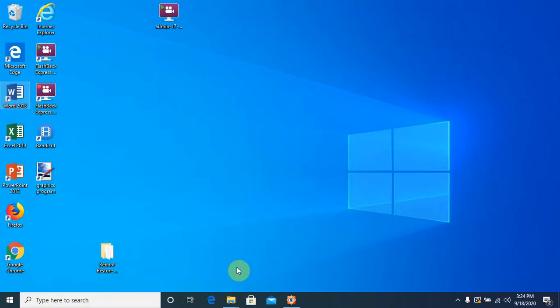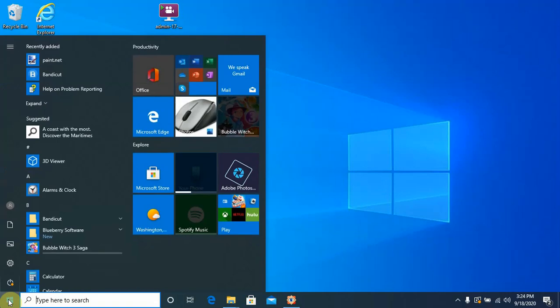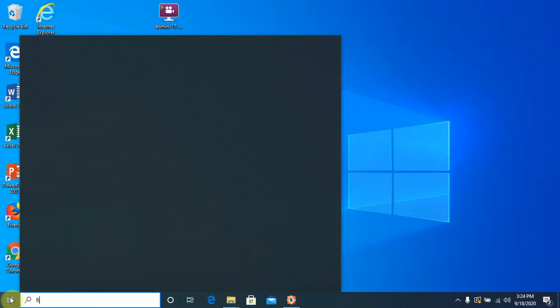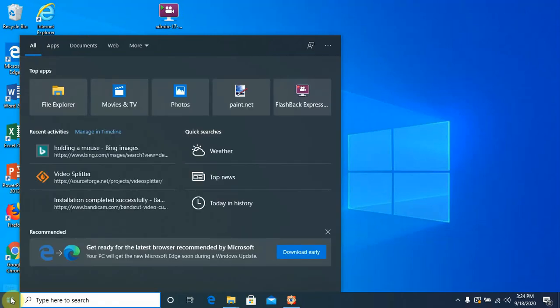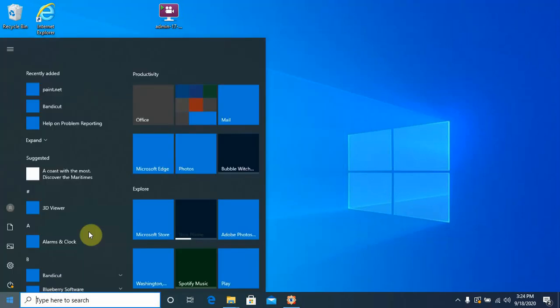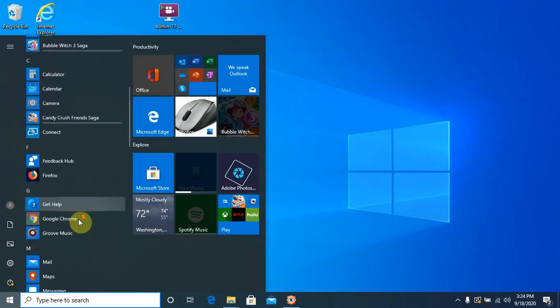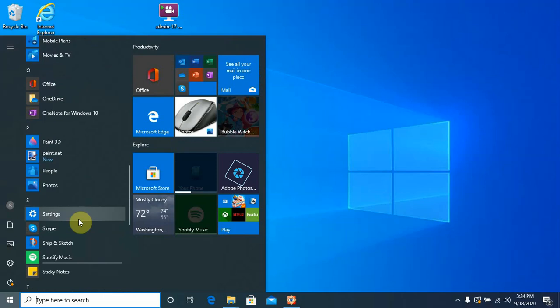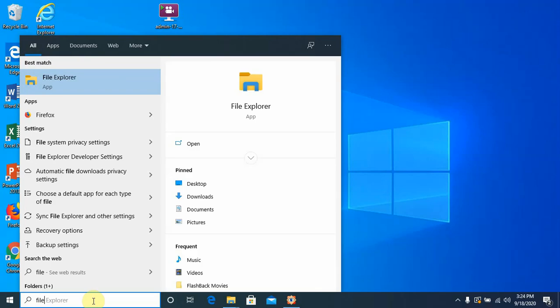At the bottom, most Windows 10 comes with the File Explorer already loaded on your taskbar. You can also find it under your Windows menu by typing in File Explorer. If you wish to, you can go down through your list in the menu, but that can be a little more difficult to find sometimes because it might not be listed exactly as you're expecting to find it. If we go here and open up File Explorer,